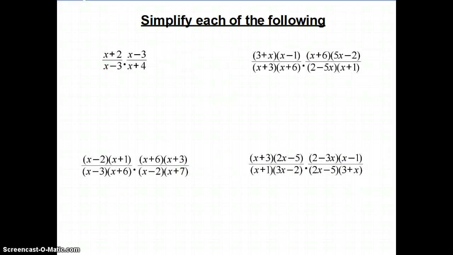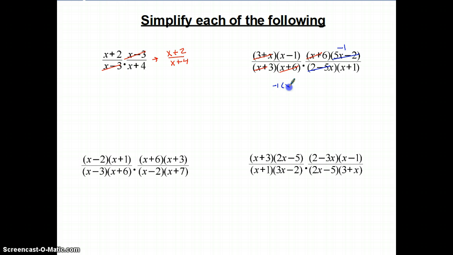On this last slide that we're going to discuss, the only thing I want to say is that when you are multiplying, you may also reduce diagonally. So here I may reduce my x minus 3's, leaving me with an x plus 2 on top and an x plus 4 on the bottom. To the right, I cross out the identical factors of 3 plus x and x plus 6 diagonally. Then on the right, since 5x minus 2 is an exact opposite with 2x minus 5, that becomes negative 1,